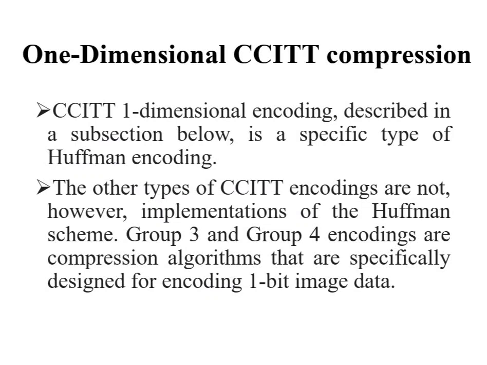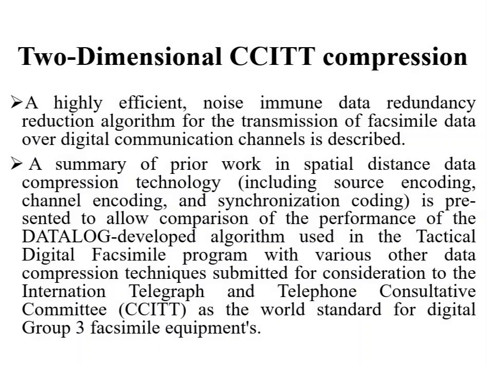A2 is the next changing element to the right of A1 on the coding line. B1 is the first changing element on the reference line to the right of A0 with the opposite value of A0, and B2 is the next changing element to the right of B1 on the reference line. If any of these changing elements are not detected, they are set to the location of an imaginary pixel to the right of the last pixel on the appropriate line. The figure provides two illustrations of the general relationship between the various changing elements.